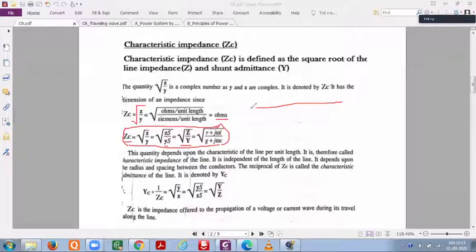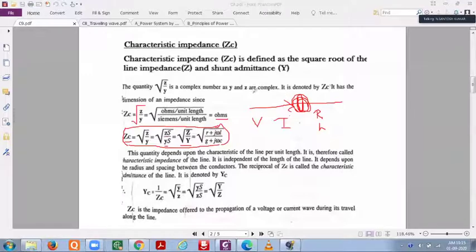Yes, sir. This is a line. Physically we can't interpret them, right? But as this line is dealing with voltage and current, when current is flowing in the line it will oppose that current, which is the characteristic of resistance. When current is flowing in the line, it is encircled with magnetic flux lines, and that is a characteristic of inductance.